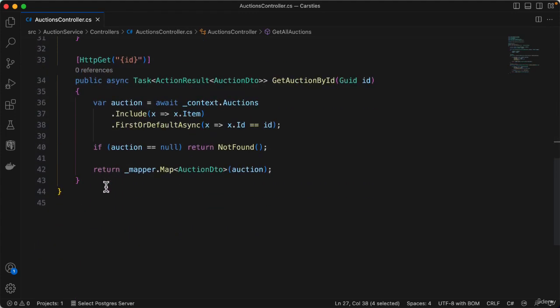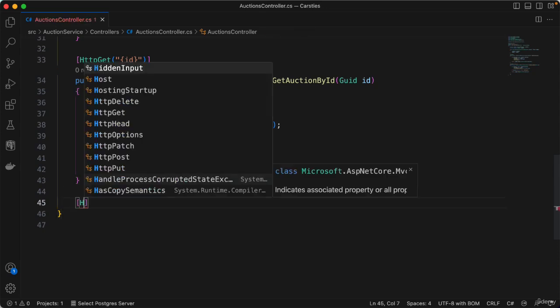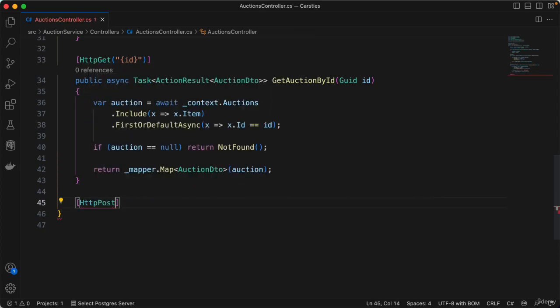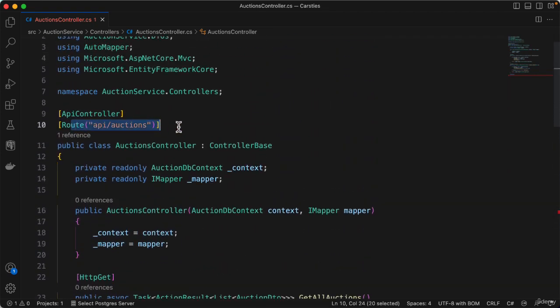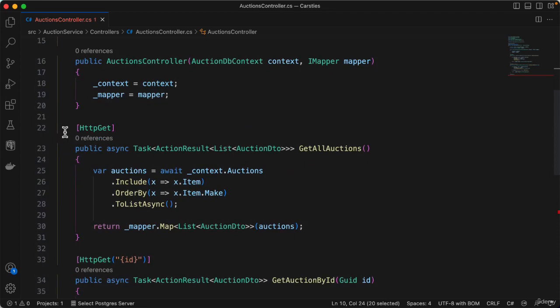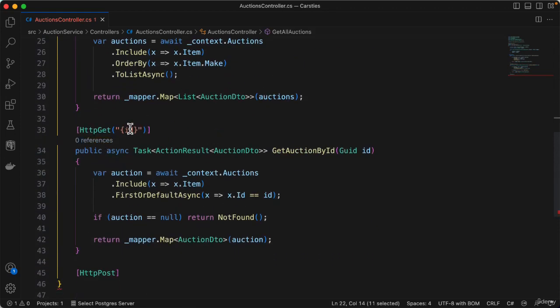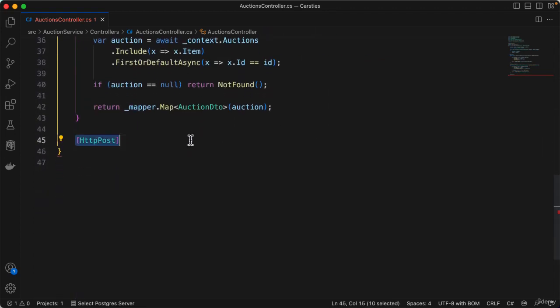So we need an HTTP post type of request for this. And we don't need to specify any parameters for this because our framework is smart enough to realize that if a post request comes into this route, then this is an HTTP GET request, so is this, and as long as we've only got one HTTP post request at this route, then this is the method that's going to be